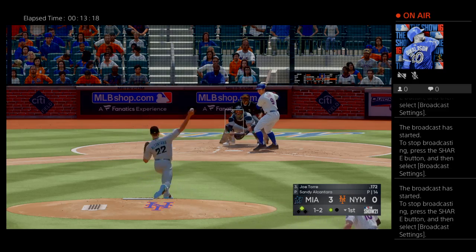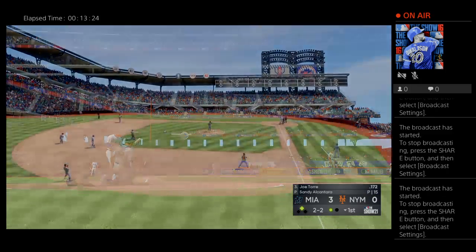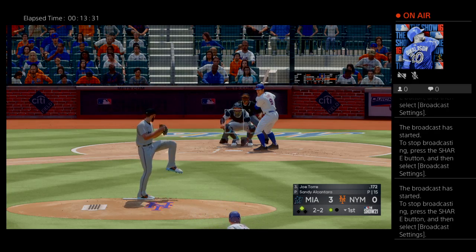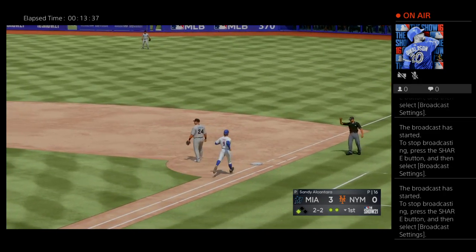Here's the 1-2 delivery. That's ball 2. This is the fun guy to watch when he's up there. Really battles. Doesn't take any pitches off. He's a grinder. Always seems to make it difficult on the opposing pitcher. Here now the 2-2. Hard hit ball to second. He's got it. Throw in time at first for out number